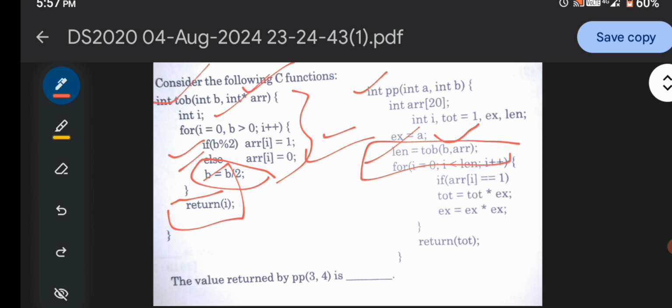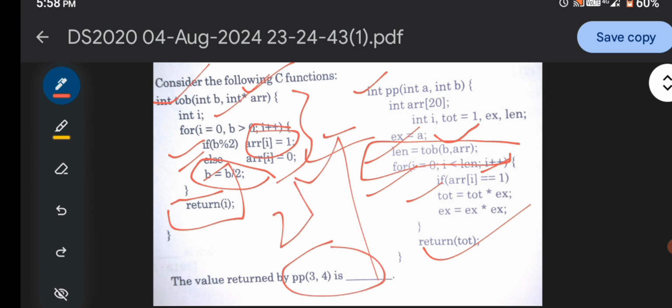Now iterate the for loop where I goes from 0 to I less than length, and if array of I is equal to 1, then tot is equal to tot multiplied by ex, and ex equal to ex multiplied by ex, and at the end return the value of tot. So this is a 2 marks question.